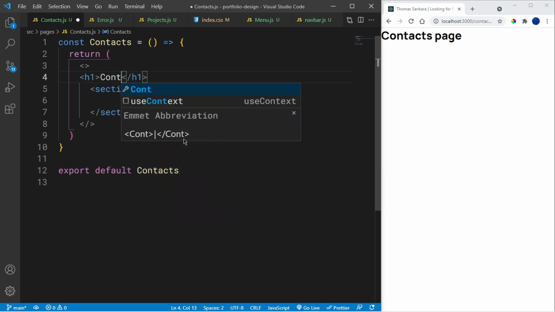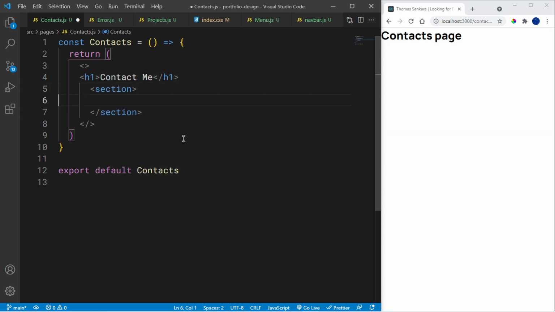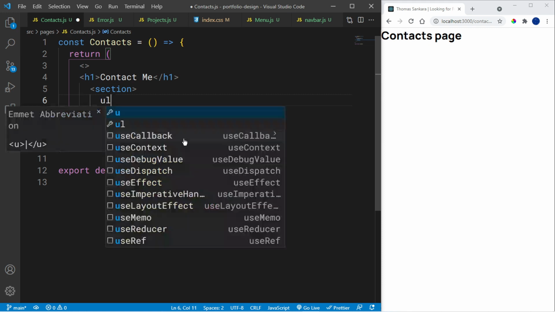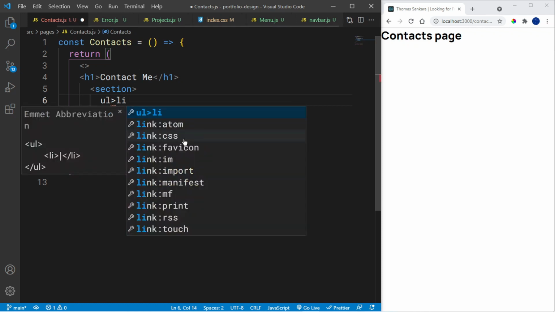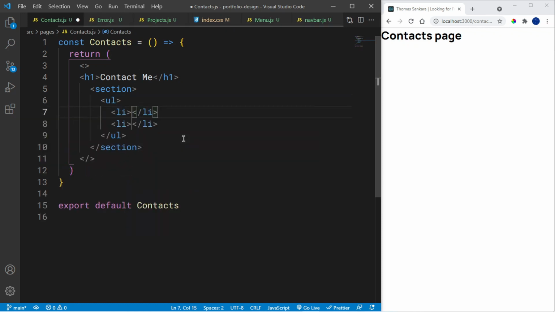Let me create the H1 that just says contact me, like so. And then inside this section I'm going to have an ordered list with list items. How many list items? Two of them, and the first one is going to be my phone, right? So I'm just going to say plus 254 plus, this is plus